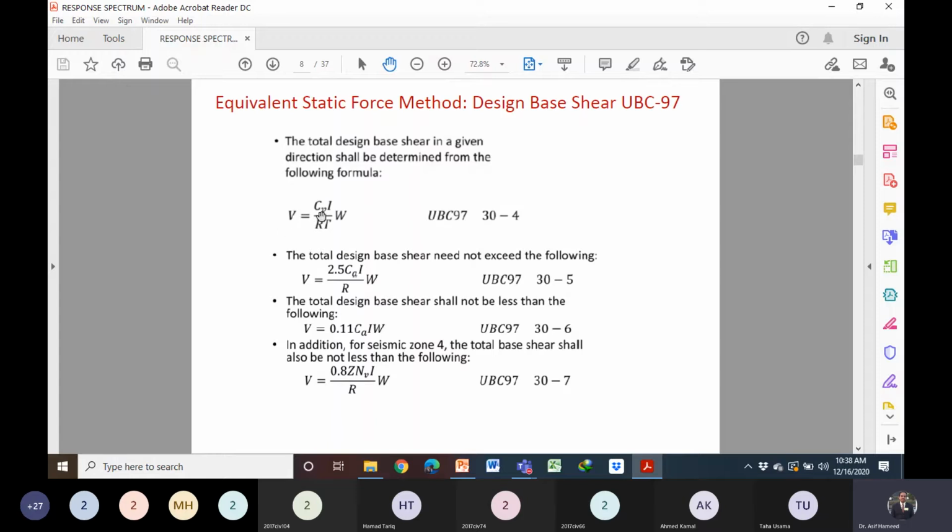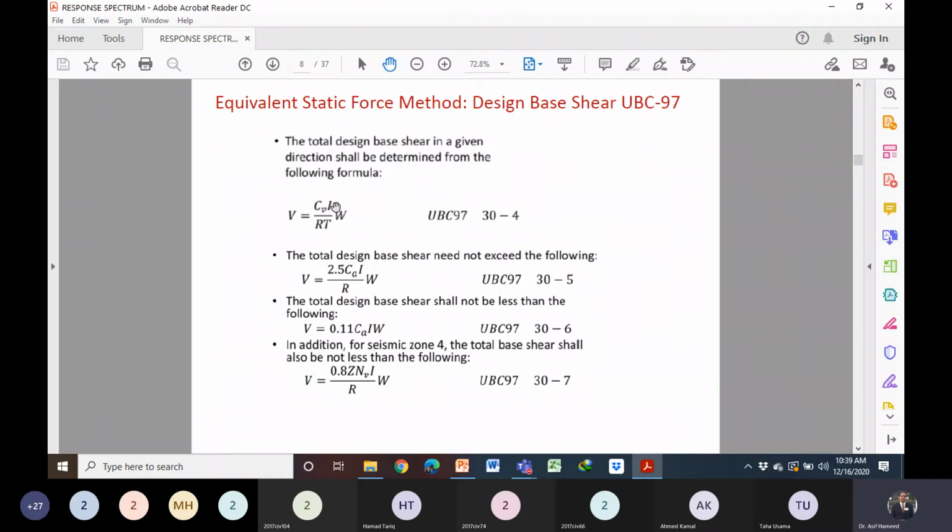Base shear is directly proportional to the magnitude of the earthquake, and also directly proportional to the weight of the structure, W. If W is more, base shear will be more. It is inversely proportional to the time period of the structure. It is also inversely proportional to the strength reduction factor. If the structure is ductile, you can design it for lower base shear. But if the structure will fail in a brittle manner, you have to have some more factor of safety. So R is the response modification factor, which incorporates the ductility of the structure or the structural configuration. So it is inversely proportional to the response modification factor.